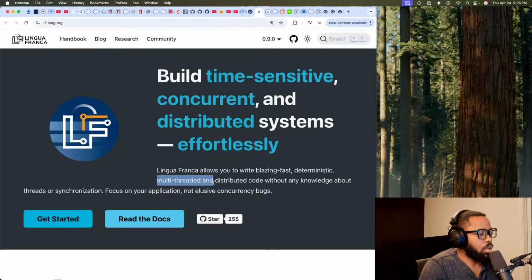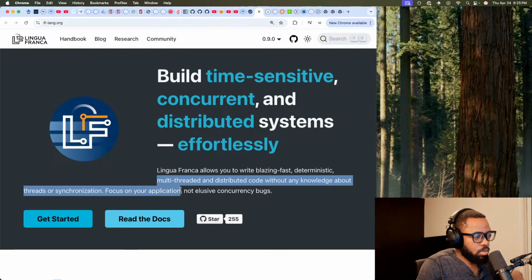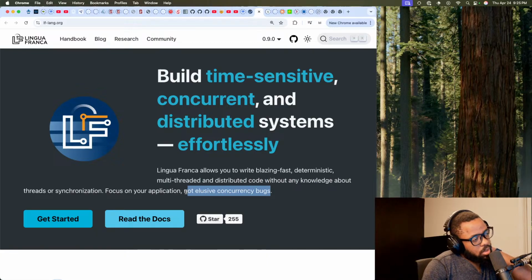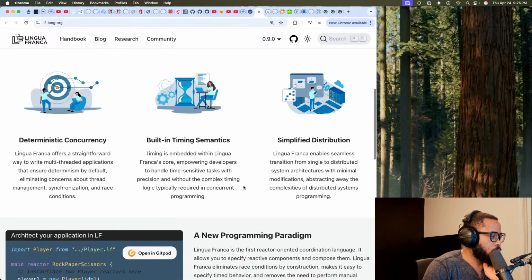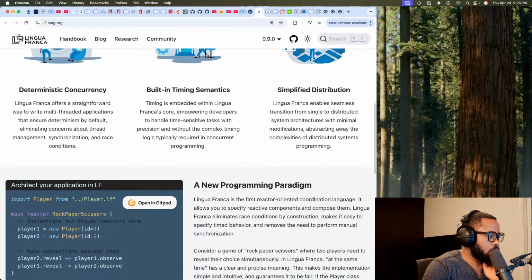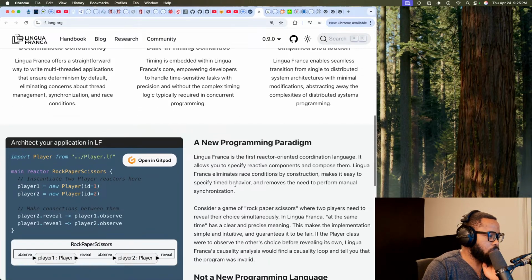Now, obviously, you add multi-threaded, distributed code, and all that. It makes it even more interesting. And getting rid of concurrency bugs is one of the key selling points of deterministic simulation testing.